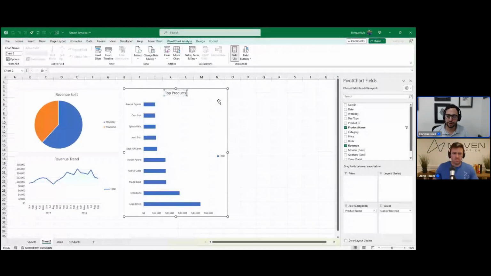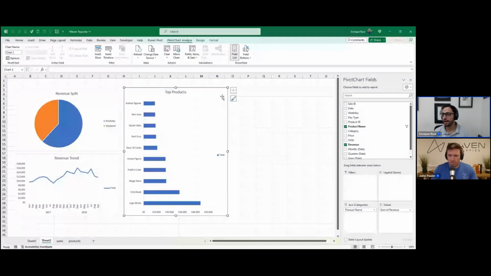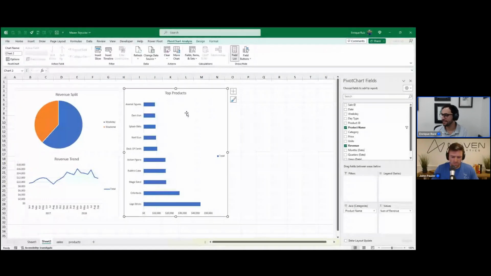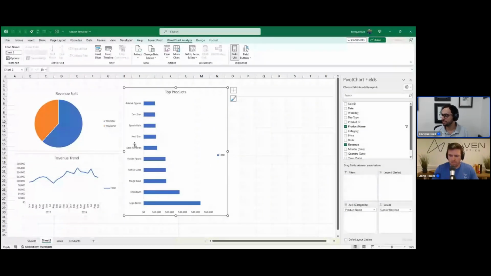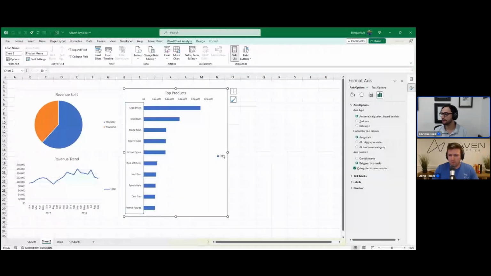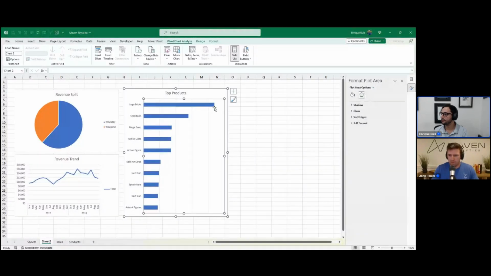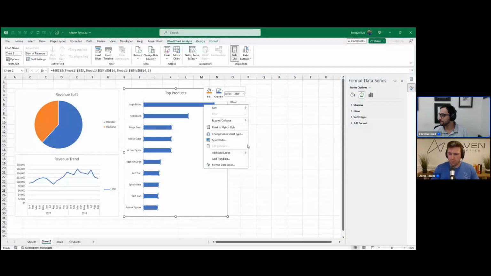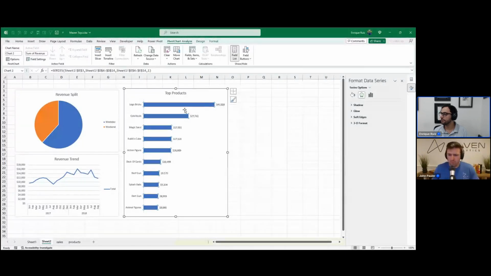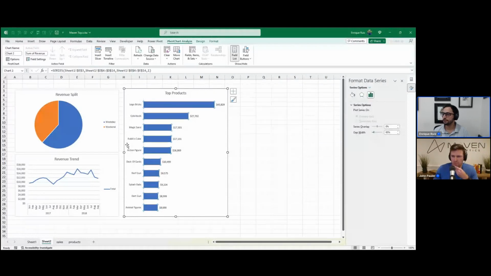Now it's funny, whenever you create a bar chart in Excel, and I think in a lot of other tools, even though you have it sorted top to bottom, the chart is sorted the other way. No problem. Format the axis, and then just put these in reverse order. Just do a little bit of formatting here. We remove the grid lines, add some data labels, and then maybe we can make these a little bit thicker.